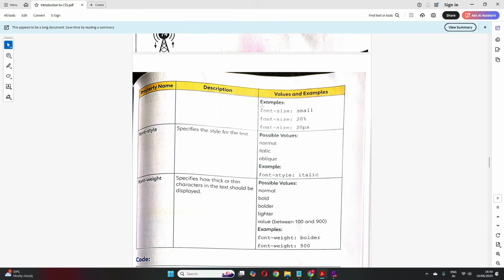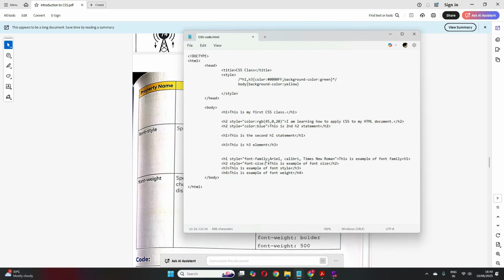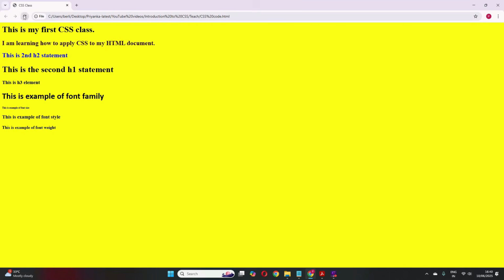So accordingly it will increase or decrease your font. Suppose I'm giving it XX small, so like very small, right? Say, you will see how it changed. See, extra small it has become.